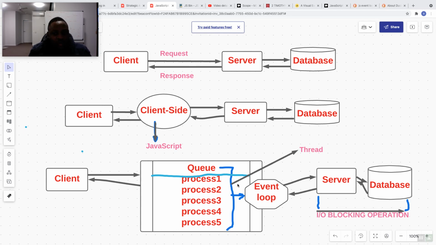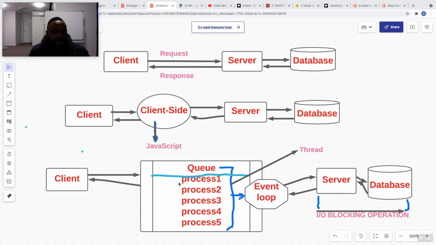This is exactly where the concept of blocking and non-blocking comes in. Because if this request does not give JavaScript an explicit instruction on what to do, JavaScript is going to wait until there's an instruction on what to do to complete this request before JavaScript will go to the next request. So what do we need to do in this instance? That's exactly where the concept of